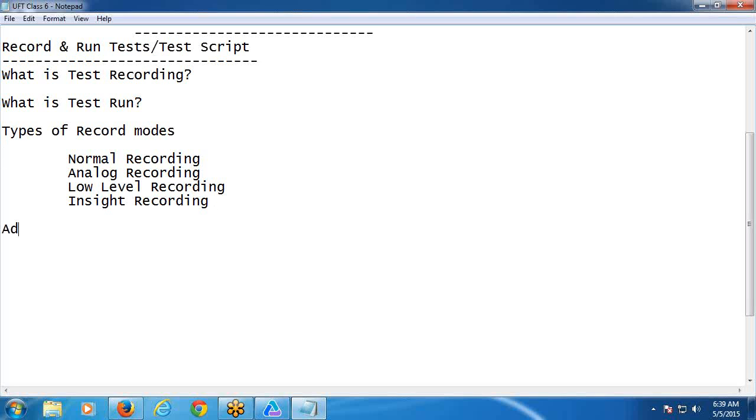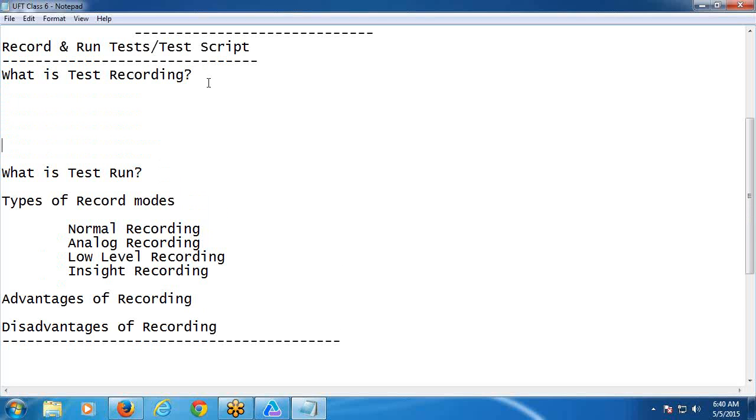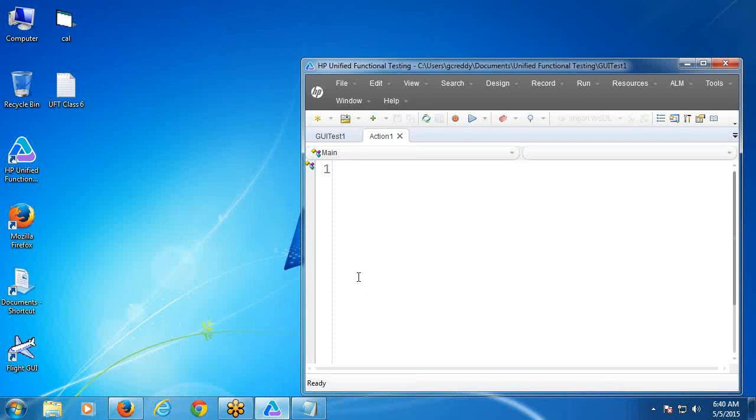Next, advantages of recording. Next, disadvantages of recording. Okay, this is the chapter index. Say first, what is test recording? What is test recording? See,